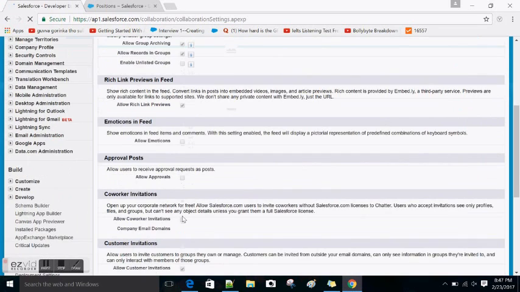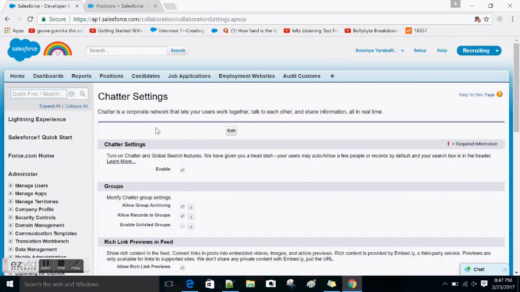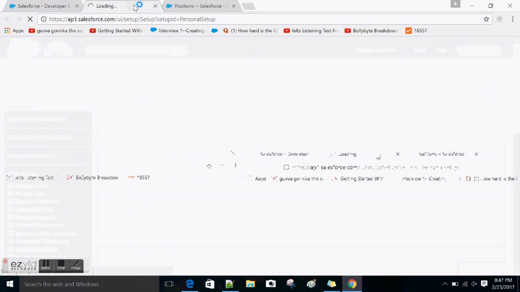So when they submit the record, it will be on their chatter feeds with this enabling, and it will be enabled for every user who has chatter enabled in the organization. You cannot check this approval process for the chatter feeds for every single person. It will be completely enabled for all of the users in the organization. If you want to uncheck the approval request chatter feeds for a particular person, then in his settings,